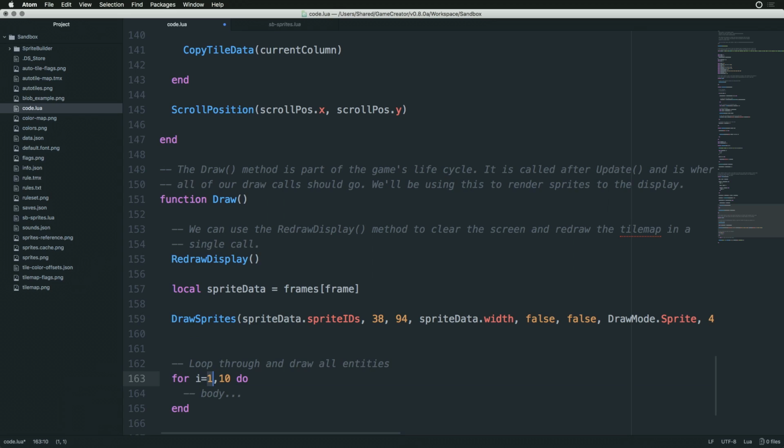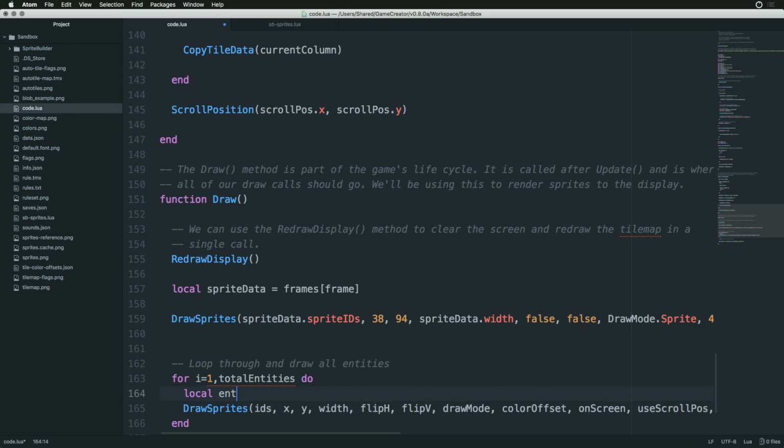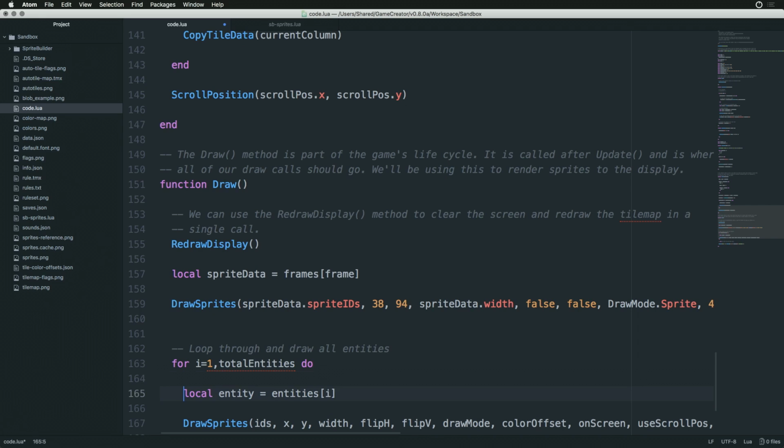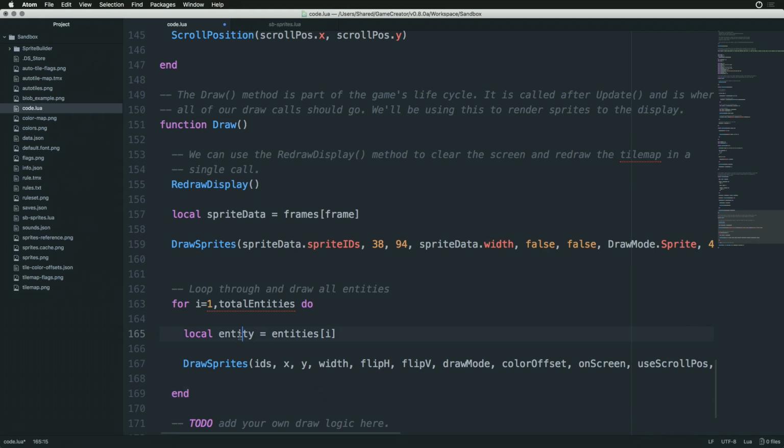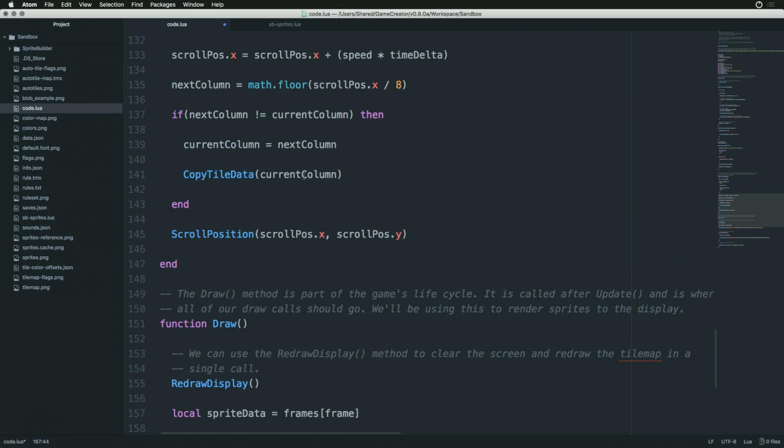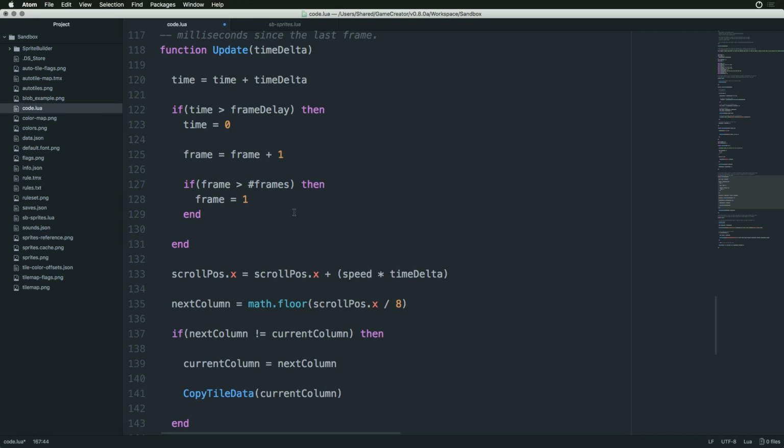Now we're going to do a for loop over total entities, and we're just going to call draw sprites, using local entity dot sprite data sprite IDs. Actually, what we should just do is, well, this is going to start getting